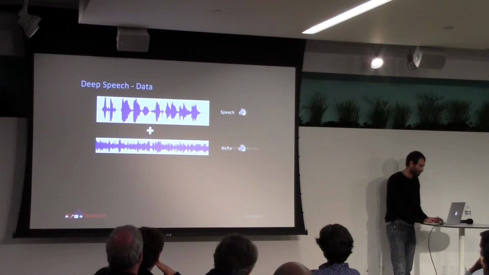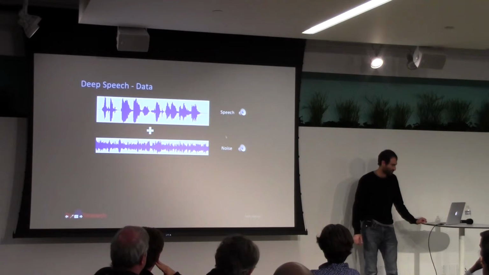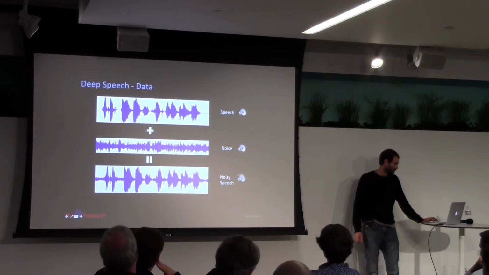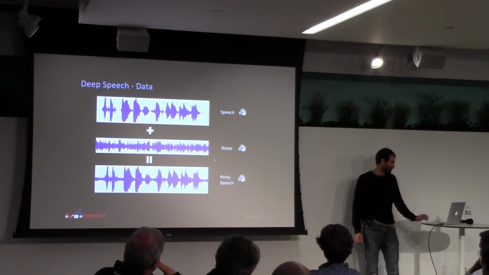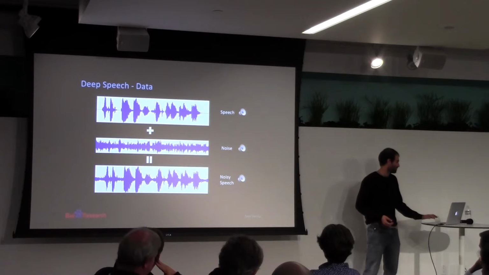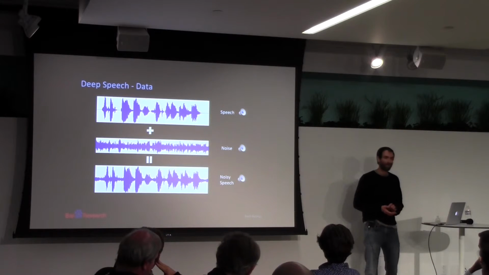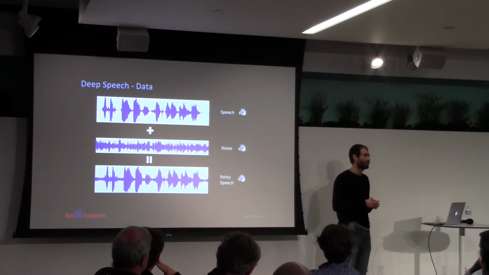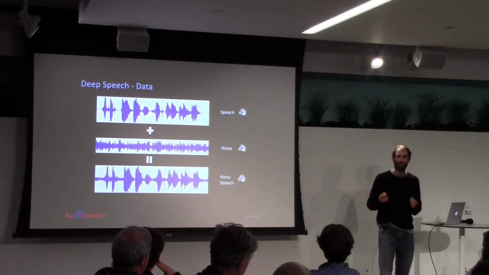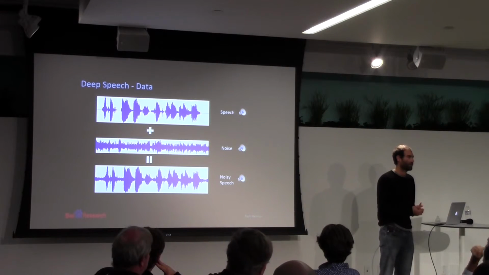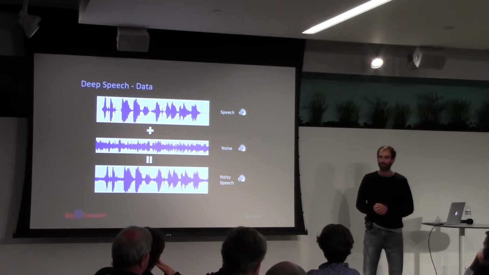And we can take that clip and add some noise. And we end up with the quick brown fox jumped over the lazy dog. So for those of you in the back that couldn't hear that, that was essentially a clean snippet of audio and a clip of noise. We've literally added them element-wise and produced what sounded very much like me saying the quick brown fox in some noisy background.